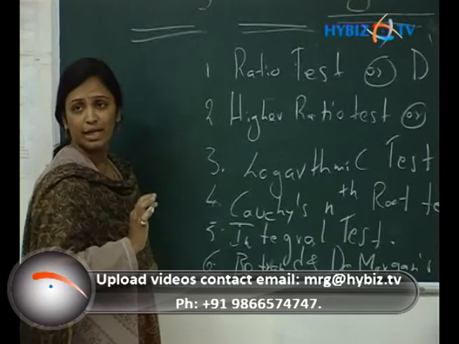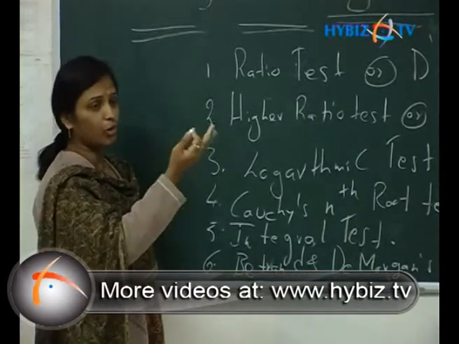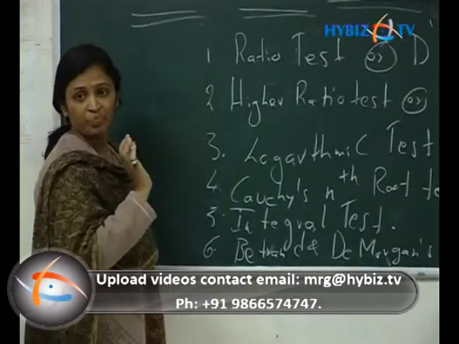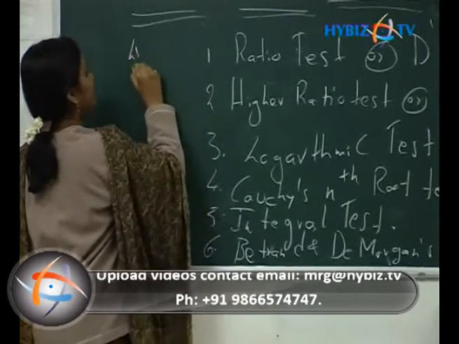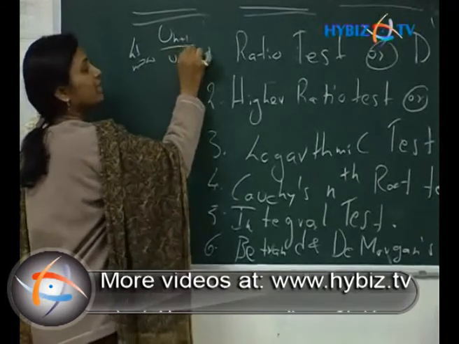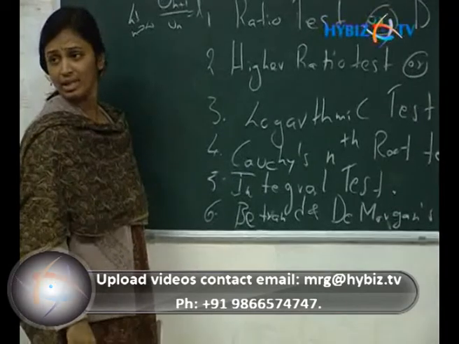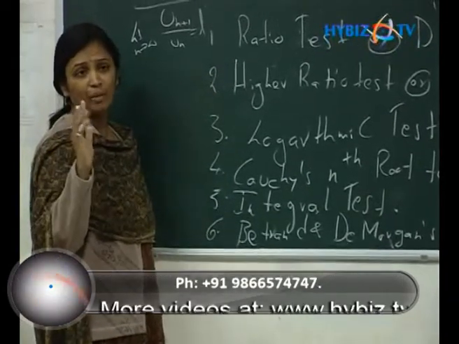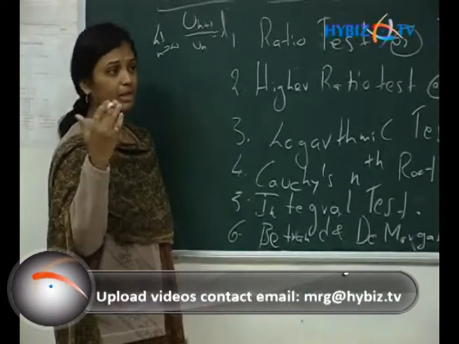What is the statement he has given? Here we already know the un or vn part, then you directly apply the limit form. You have to take the limit as n tends to infinity of un plus 1 by un, and call that L. Understood? Again three statements will come here also. What is the form? Limit form, limit n tends to infinity un plus 1 by un.